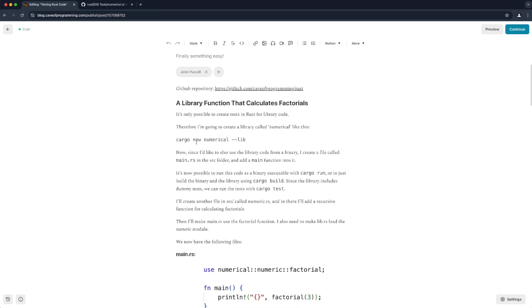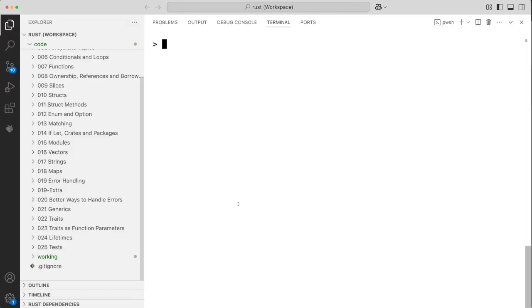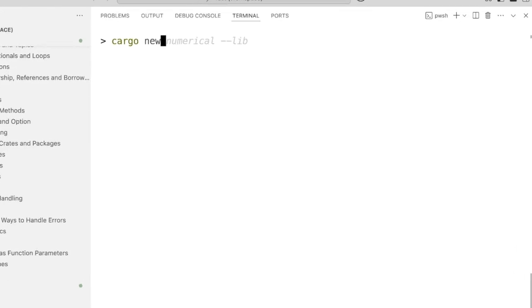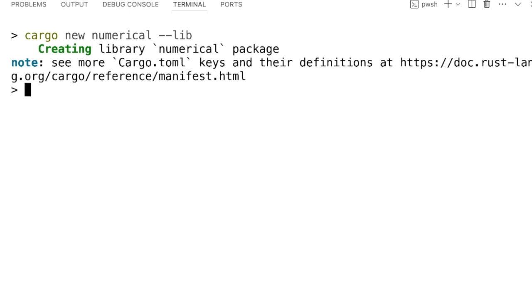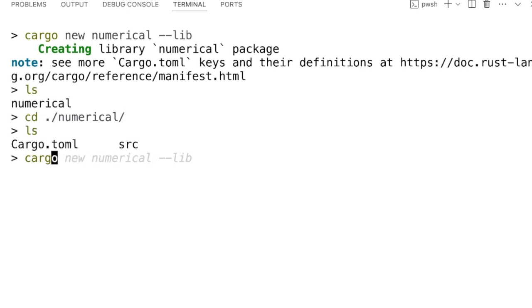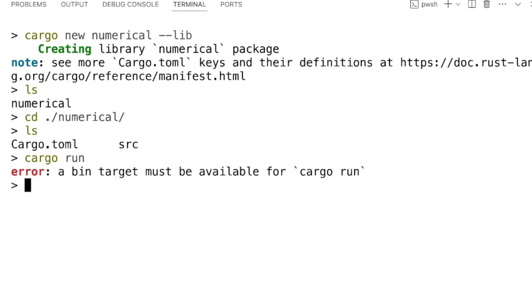First thing I need to do is create a new library package. So here I'm going to say cargo new, I'll call it numerical, and I specify --lib to say that I want to create a library. Then I can go into there and I should be able to do cargo run. I can't do cargo run because I've not created a binary yet. So let's actually create